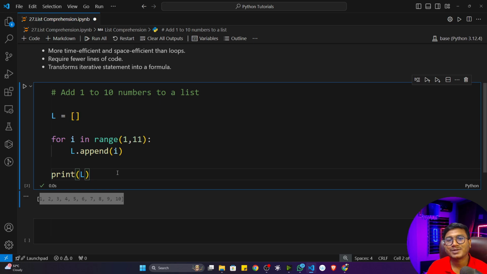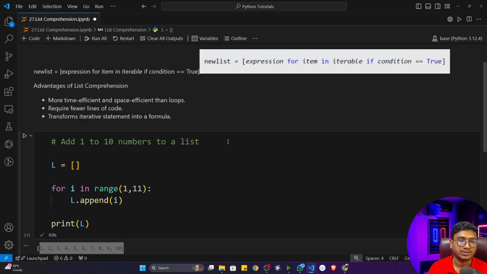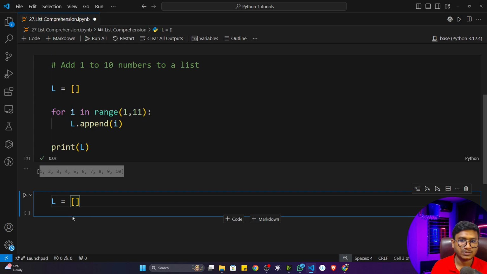Now we can write this code with the help of list comprehension in just one line. Let me show you. If you want to write list comprehension, first of all, just create an object. Let's say this is my list object, and inside this list, I'll write this expression. So what will be the expression? First of all, I'll just write